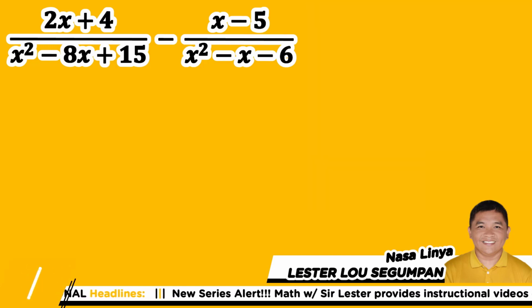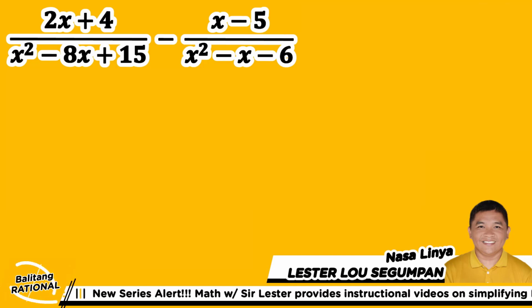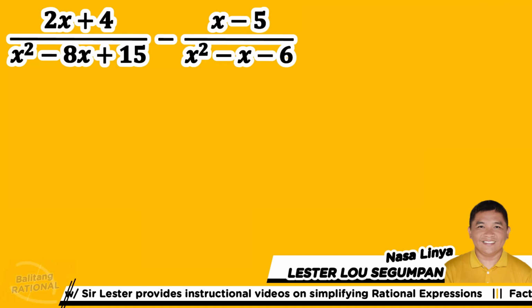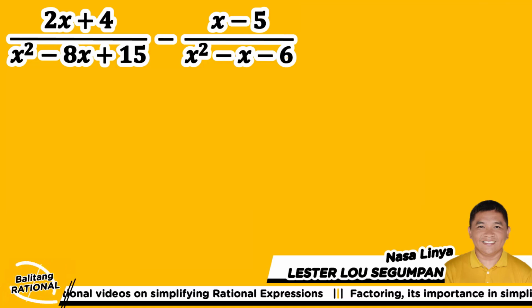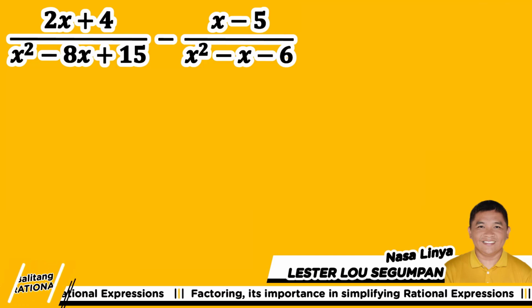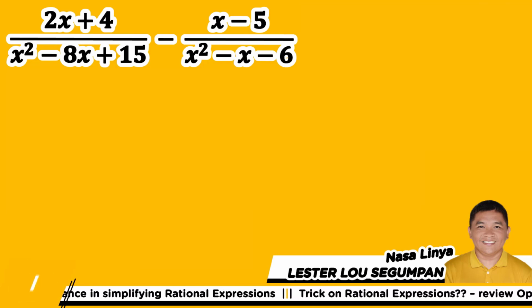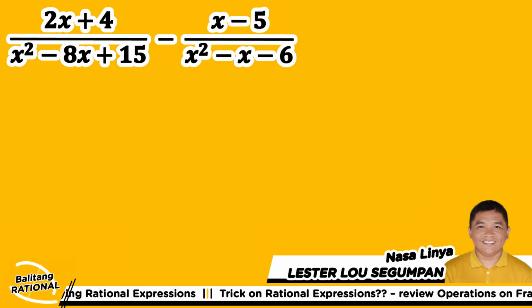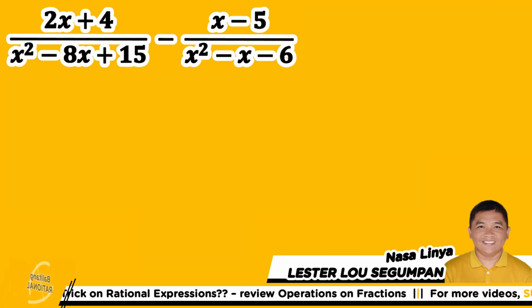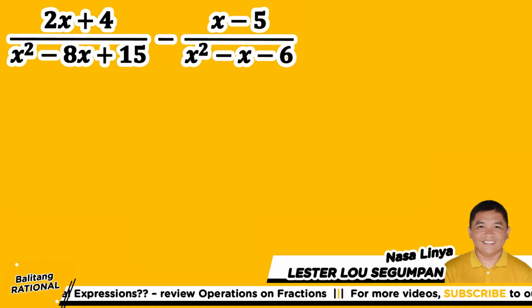Ano kaya ang mangyayari pag i-simplify natin ang set of expressions here under the process of subtraction? Meron tayong (2x + 4)/(x² - 8x + 15) to be subtracted with (x - 5)/(x² - x - 6). Bago natin isa-subtract, let's try po. Baka kasi may makakancel natin dito eh. Let's try to factor our denominators and see later on if there's something that we could remove under the process